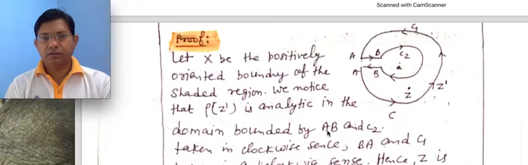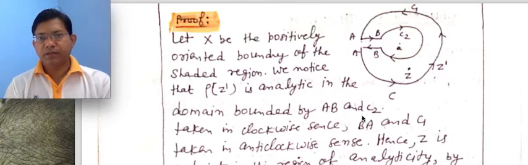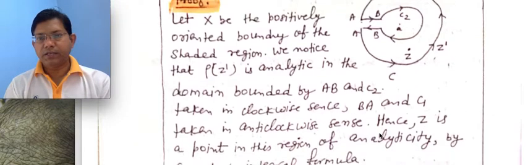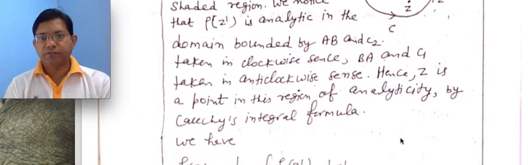आइए इसका अब प्रूफ देखते हैं। प्रूफ: let x be the positively oriented boundary of the shaded region. We notice that f(z') is analytic in the domain bounded by AB and C2 taken in anticlockwise sense, BA and C1 taken in anticlockwise sense. Hence, z is a point in the region of analyticity, so by Cauchy's integral formula,